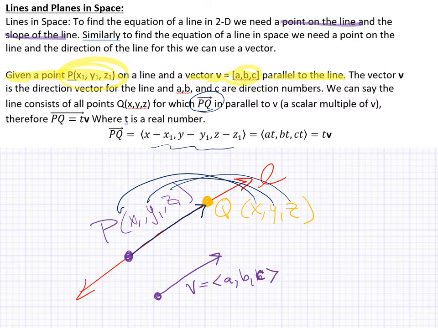And vector PQ should be parallel to vector v. Why? Because PQ is on the line and v is parallel to the line, so PQ should be parallel to v. Well, if PQ is parallel to v,